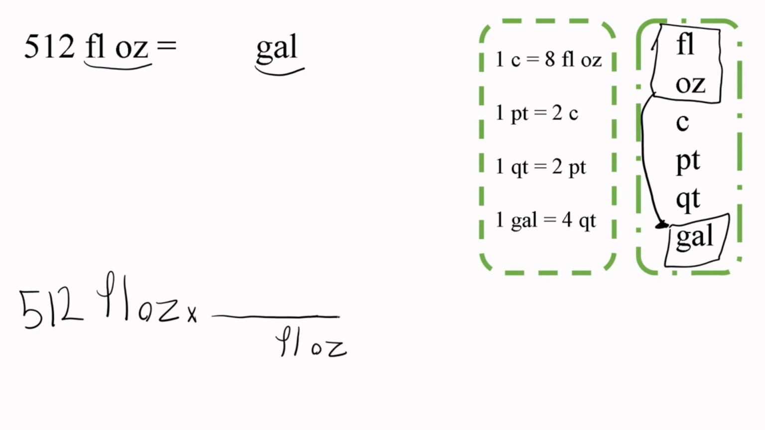For the denominator, one step larger than fluid ounces is cup. So cup for this one, I should not stop because this is not desired unit. Without thinking, cup will be here. So one step larger than cup is pint. I'm going to write it here. Without thinking, I'm going to write pint here. And one step larger than pint is